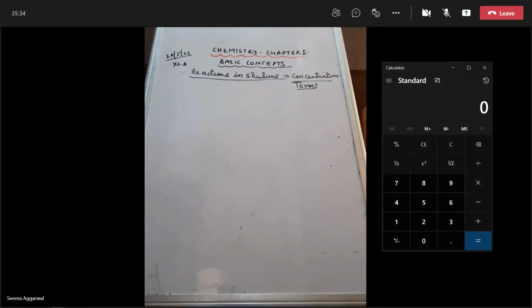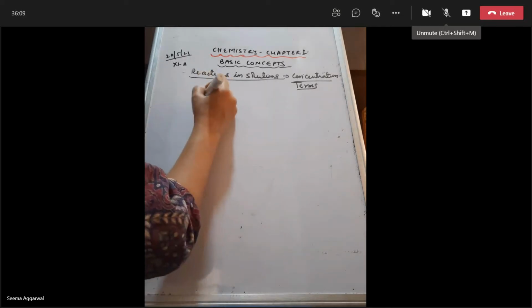Okay. Now, what is the meaning of the concentration? Suppose I am taking a sugar solution, I am taking certain amount of sugar and I am dissolving in water. Generally at homes, what you will do? Sugar किस में लोगे आप? Mass और water का क्या होता है? Volume? Is it so? Yes or no? Suppose you are taking 1 glass of water or 200 ml of water and you are adding 1 teaspoon of sugar.